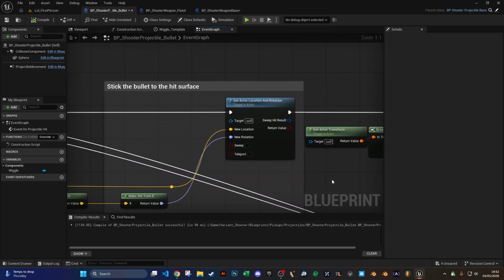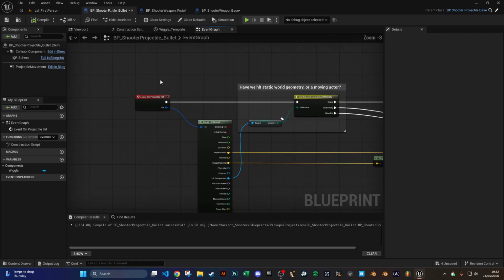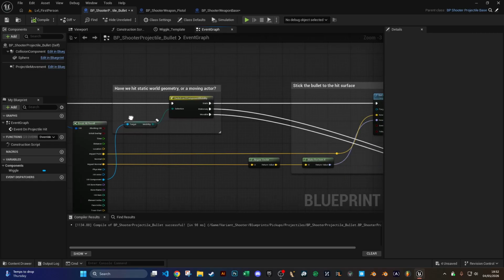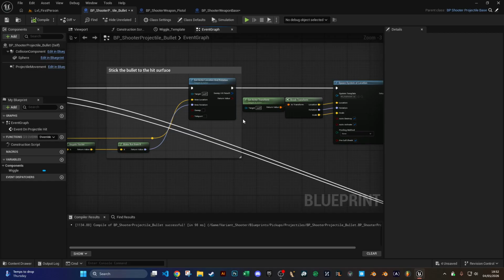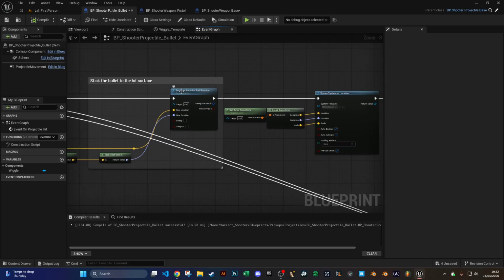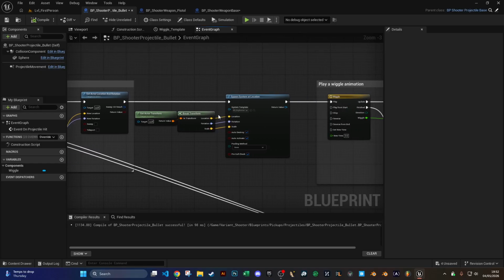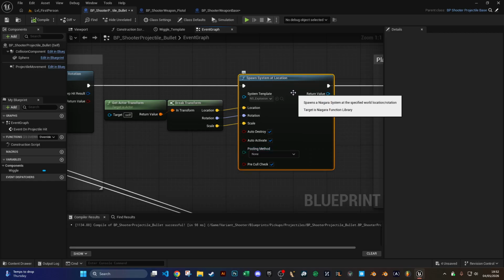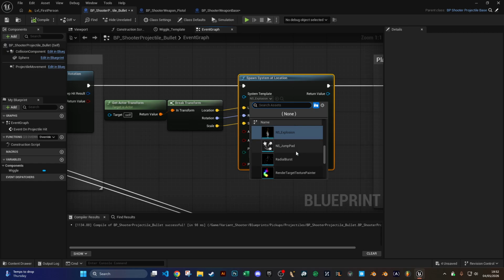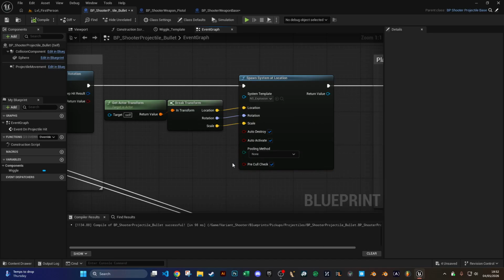What I've done is I've just read through the blueprint, and we can see that the projectile hits something, it does some switching of some enumerators, then we actually get the actor to stick to a surface. This is where I then spawn the system. Genuinely it's as simple as spawn system at location, pick the actual system that you want. You could just pick simple explosion if you don't want to make your own, but I made my own